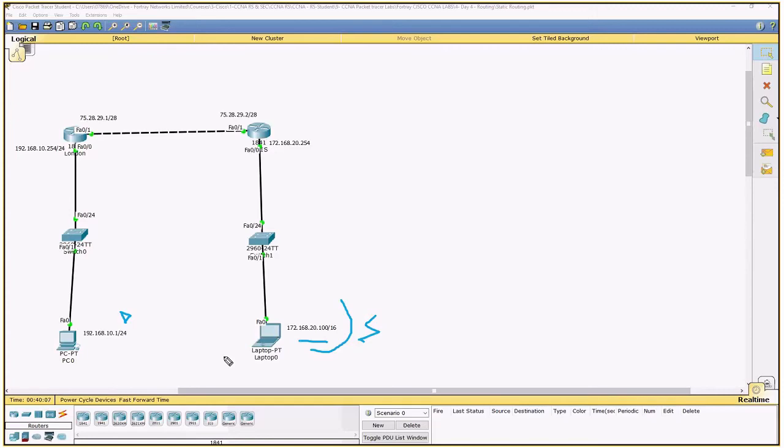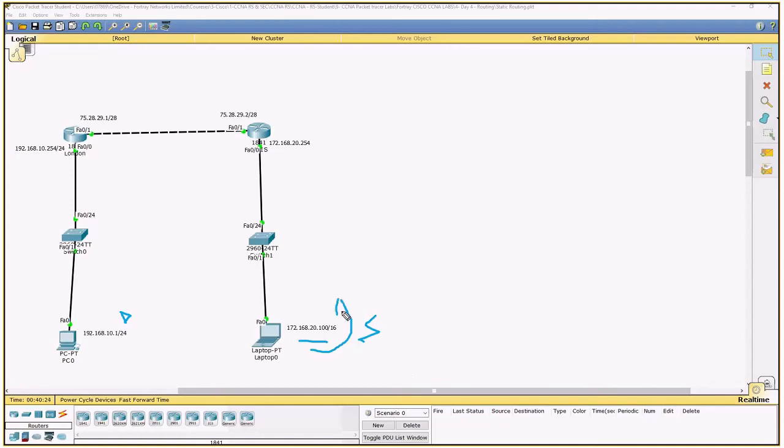Whenever there is a routing problem, you can't reach from one source to another destination, or your return traffic is not coming back. That's why ping uses ICMP, echo and echo reply. So you check the two-way path. Traffic goes and comes back.